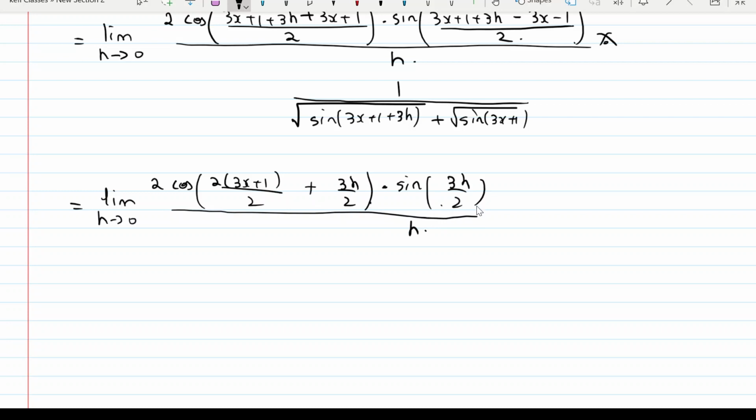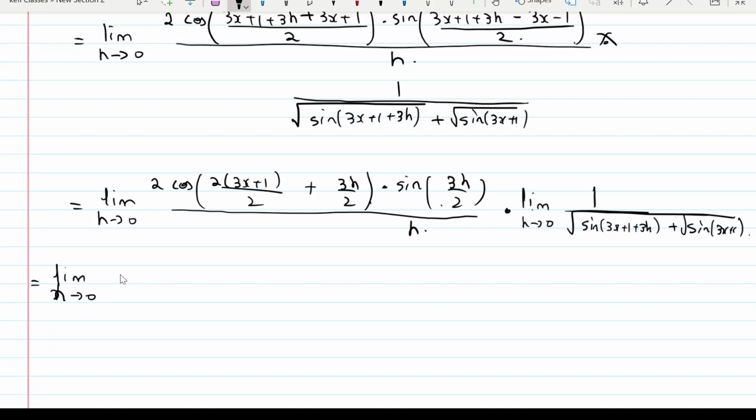So that h I require with sine, into limit as h tends to 0, 1 upon root of sine of 3x plus 1 plus 3h plus root of sine 3x plus 1, which is equal to limit as h tends to 0, 2 cos 2 into, so yeah, this 2 and 2 cancels,